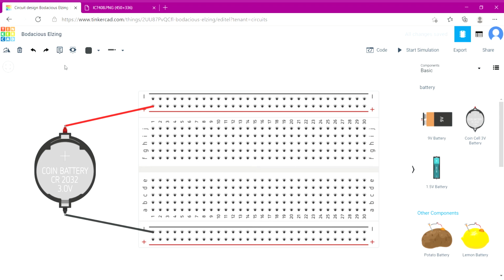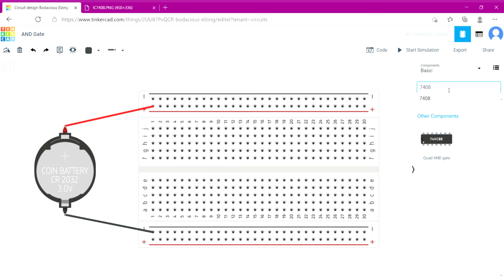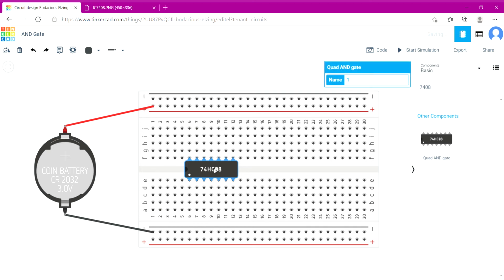Now let's add 7408 IC. This is Quad AND gate IC. We will drag and drop this IC on our breadboard.